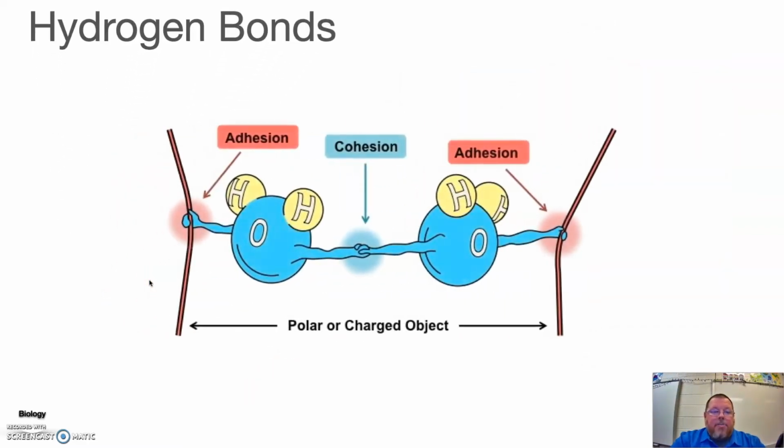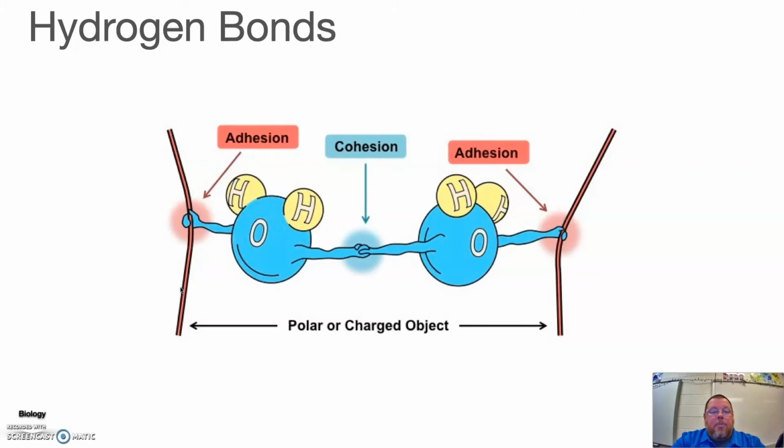So these hydrogen bonds lead to several properties of water, not the least of which is something called cohesion. If you look at the diagram, you can see that we've got 2 different water molecules being held together. And that's what cohesion is. It's where 2 like molecules are going to bind together. It also leads to something called adhesion, and if you look over here, you've got the water molecule bonding to something else. So adhesion is when molecules bond to unlike